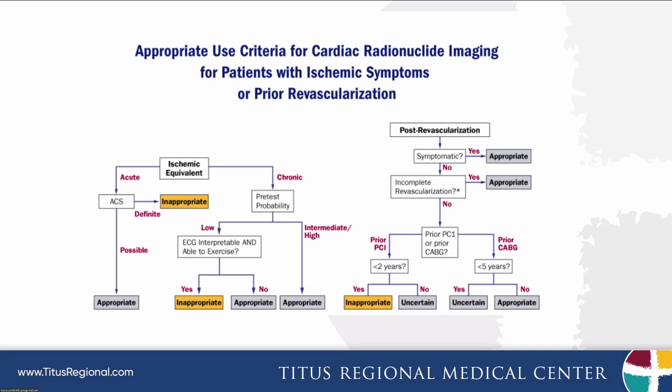Okay. So this is a cascade that's used by a lot of insurance companies, including Medicare, for deciding when we can do nuclear stress tests and when we can't. And the bottom line is that if someone can get an answer with a normal treadmill examination because they've got a normal EKG to begin with, then that's going to be your preferred method. And nuclear stress testing should be reserved either for people who have an abnormal EKG or for people who can't walk on a treadmill and we need an imaging agent in order to be able to look at their heart